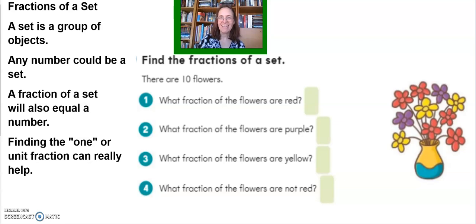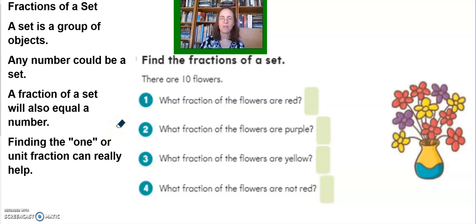A set is a group of objects. So instead of talking about one whole candy bar, we could talk about a bag of Hershey's Kisses. Instead of talking about one date, we would talk about a bag of dates. Instead of talking about one sock or one pair of socks, we would talk about the bag that all the socks come in when we buy them. And because of that, any number could be a set, and a fraction of a set will also equal a